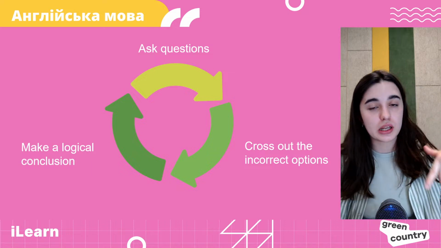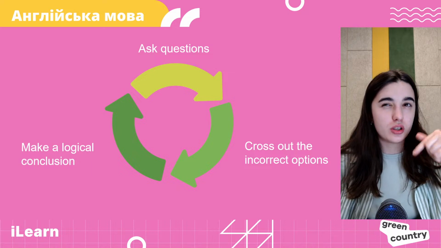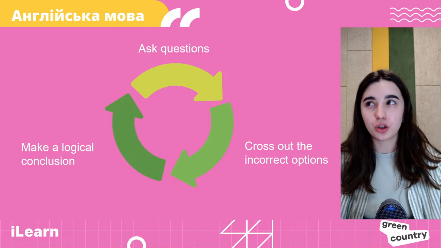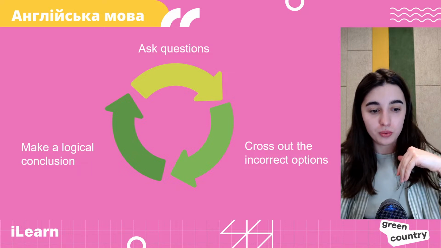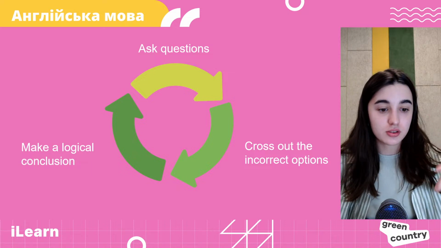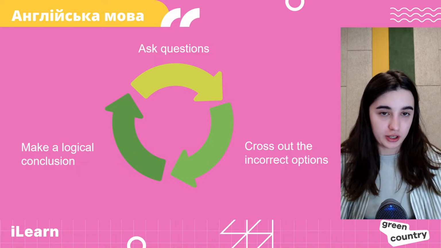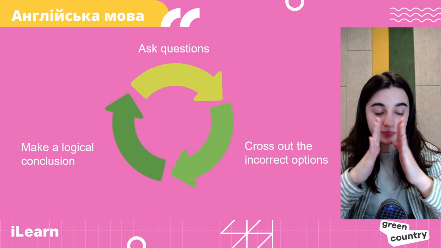So you need to do it again and again to check, for example, do I think logically right now? How can I understand whether it's correct or not? Then after you ask questions, you cross out the incorrect options, as I said, to minimize our task,